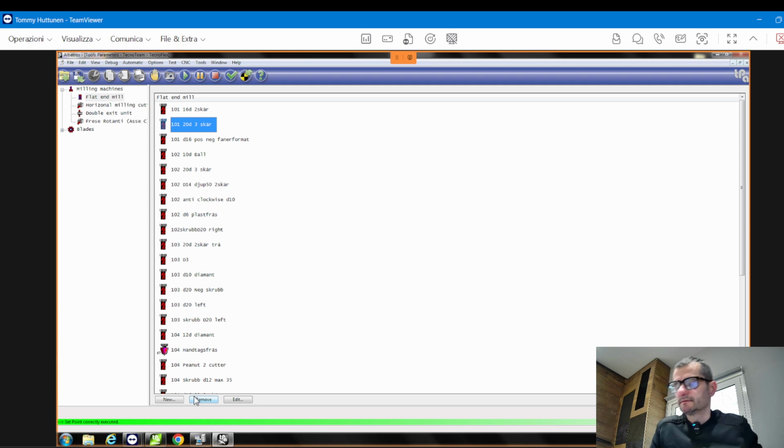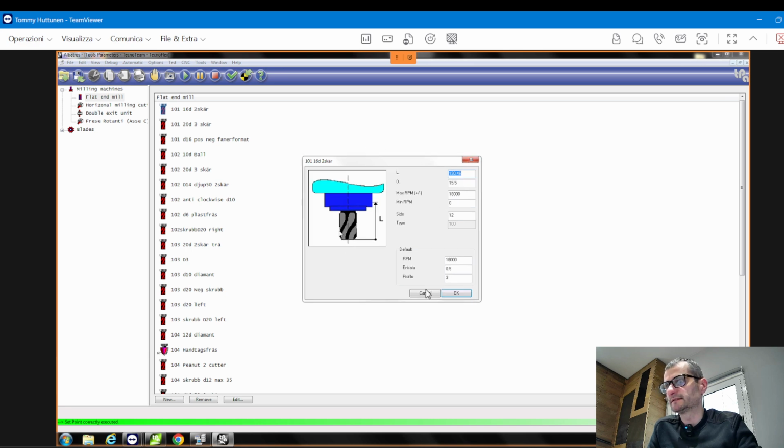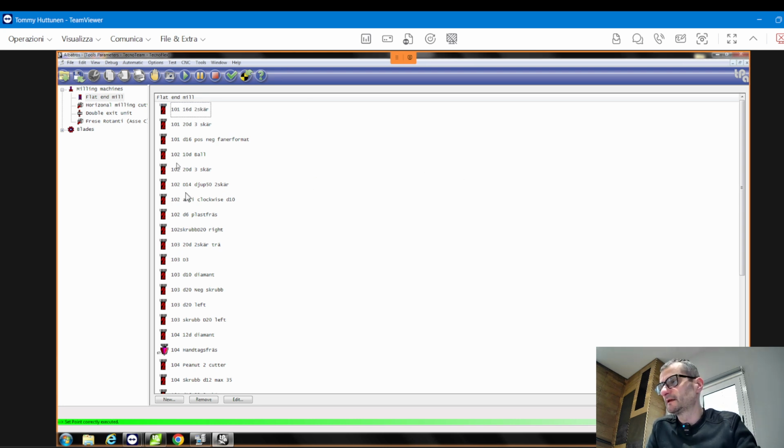Okay, so this is the way to manage the machine and the tools. So now, what is important? If you don't want to delete, okay, no problem. If you just want to take the time to make a picture of this and put it in AlphaCam, of course you can do it. So the steps are: you come back here to machine